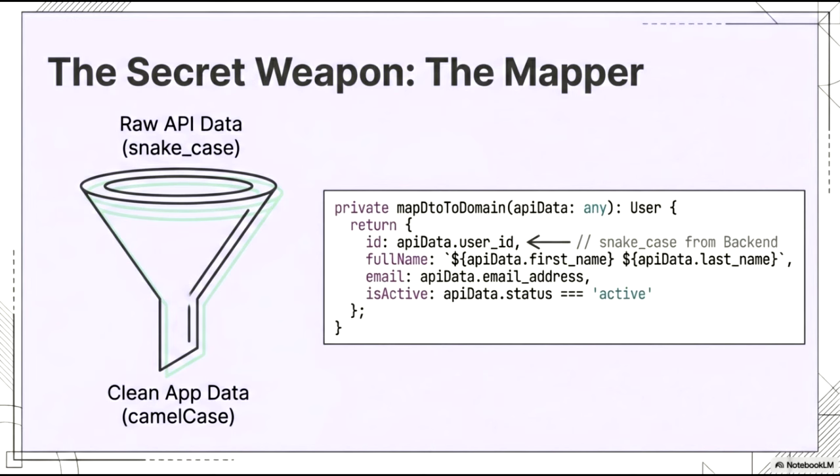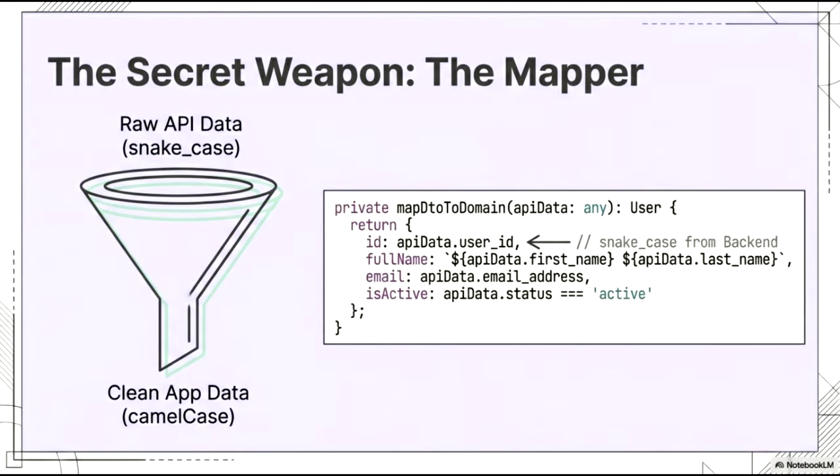First, we normalize property names, turning user_id into a simple id. Second, we can aggregate data, such as combining first name and last name into a single full name field. Finally, we can transform data types, such as converting a status string into a clear isActive Boolean. By centralizing this transformation, we decouple our application's business logic from the specific structure of the backend API. If a backend field name changes, we only need to update the mapper, keeping the rest of our codebase clean